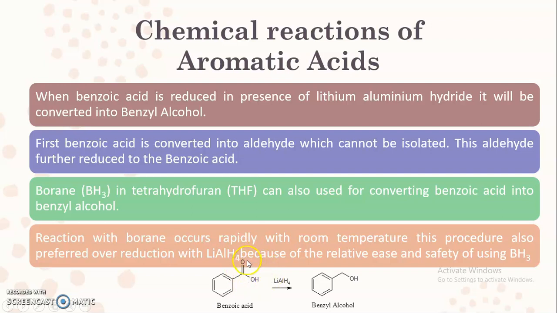So this carboxylic acid functional group is converted first into the aldehyde. Remember, here there is a presence of the aldehydic functional group, and this aldehyde on further reduction will be converted into this benzyl alcohol. This is exactly the opposite reaction of the oxidation of benzyl alcohol to benzoic acid. Remember that here we are not going to carry out the isolation of the aldehyde. Directly we are going to carry out the isolation of the benzyl alcohol. So this is about the second chemical reaction, that is the reduction.